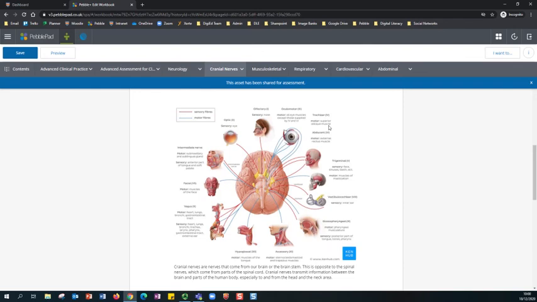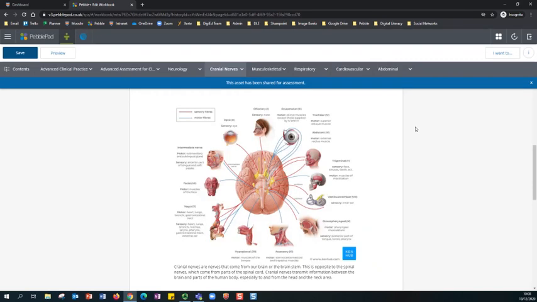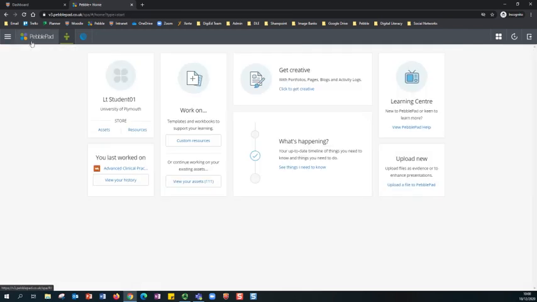So we won't go through every page, but if you go through all of the pages once you've downloaded it, you'll see the input fields will be similar in terms of attaching evidence, completing boxes or tables, and also quizzes that are dotted through. So whenever you've completed something, what we would say is save it regularly. PebblePad will prompt you if you haven't saved for 5 minutes or 10 minutes, so just wherever possible save it as often as you can, and when you're finished you use the PebblePad logo to take you back